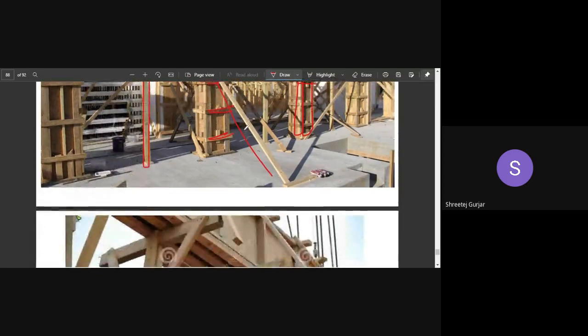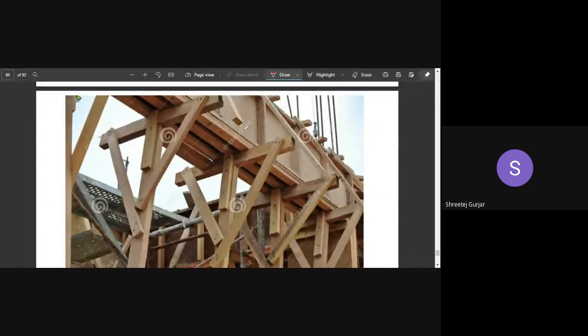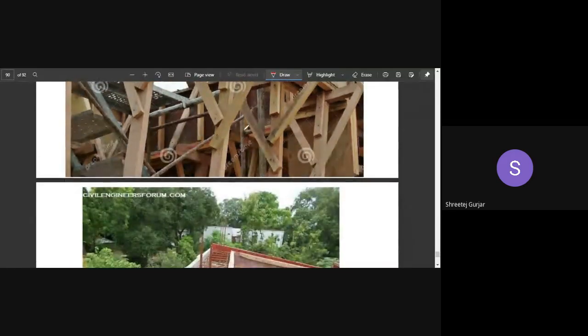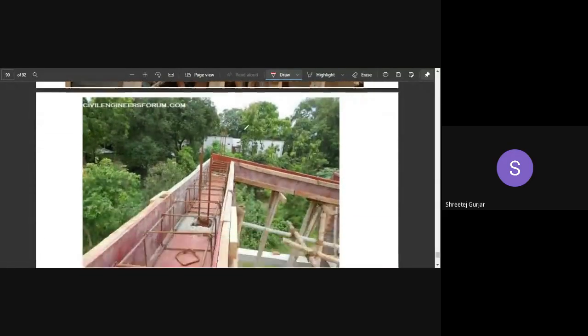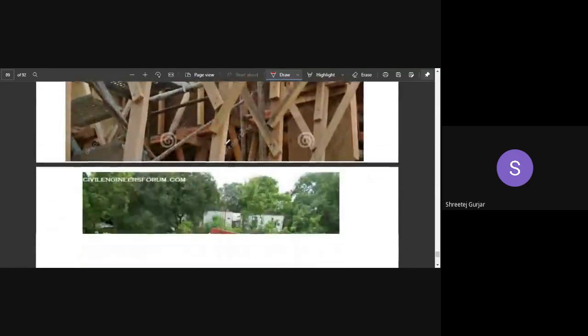Okay, so is this particular element of this formwork clear? Are your elements clear? What we need to calculate in formwork? Yes, sir. Okay. So with the help of images, I've shown you different things that are required to be calculated in formwork. Once your formwork is ready, you can see it in this manner. You place your reinforcement inside, and then you pour your concrete. Okay, so this is for your formwork.